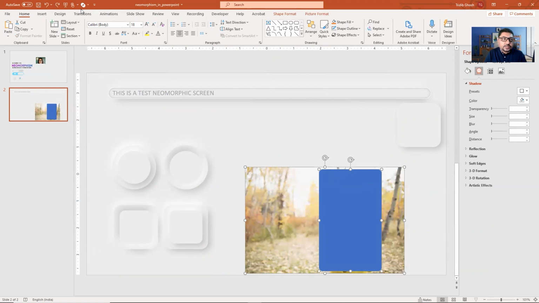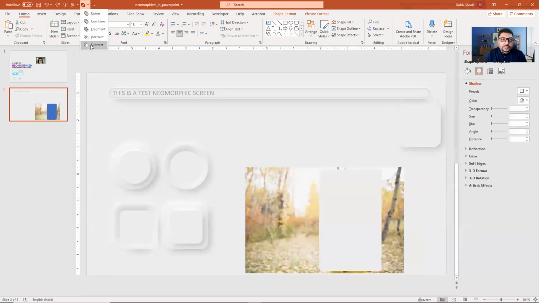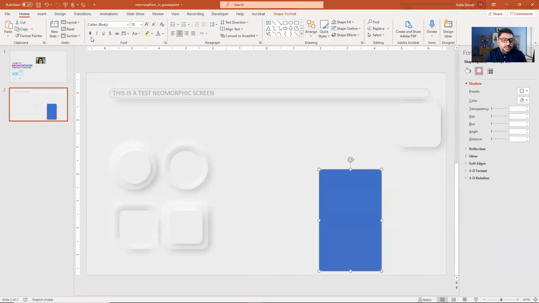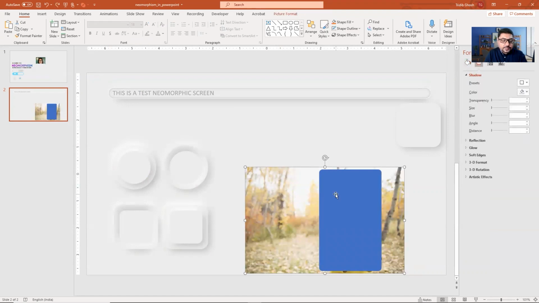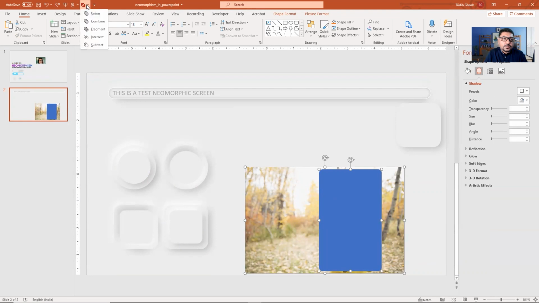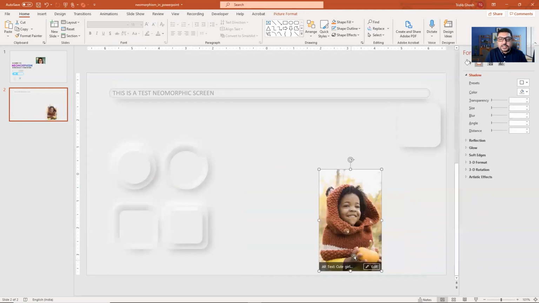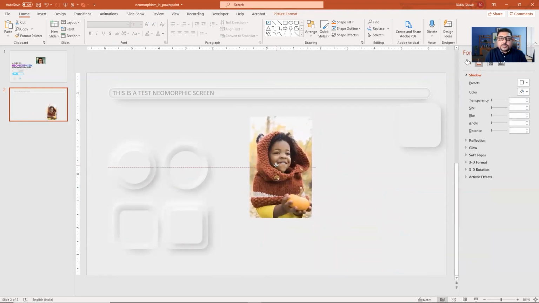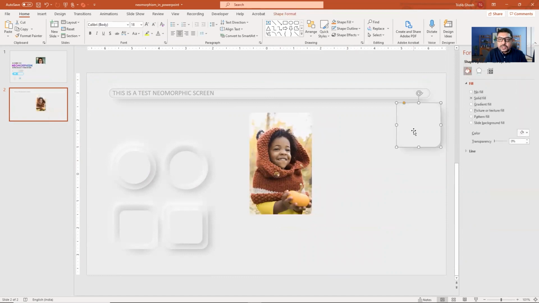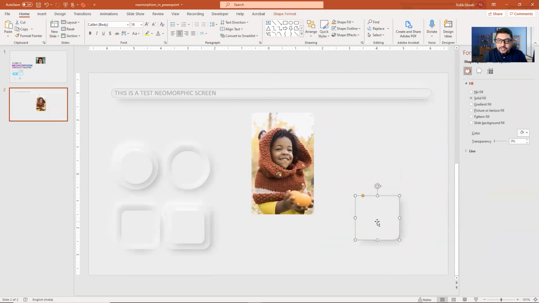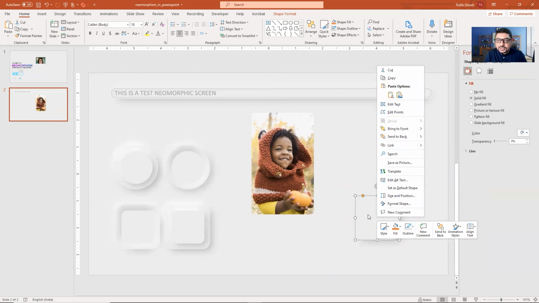Intersect. Lovely. So sometimes things don't go the right way, so don't worry about it.